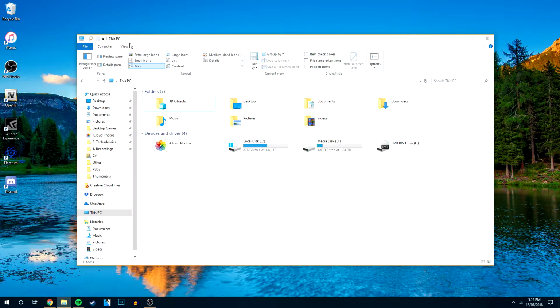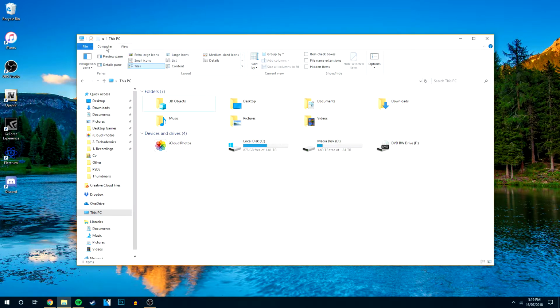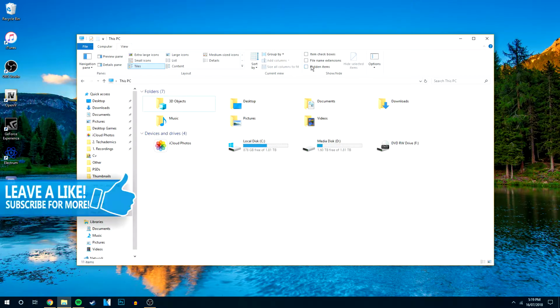Once you've done that, go over to the View tab. You may already be on the Computer tab or whatever tab it is. Here at the right, you see these tick boxes, and one of them says Hidden Files. I'm going to tick that, and that's basically going to allow us to view the hidden